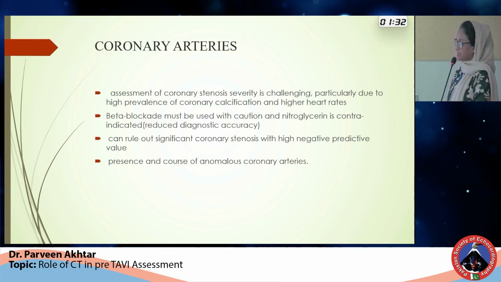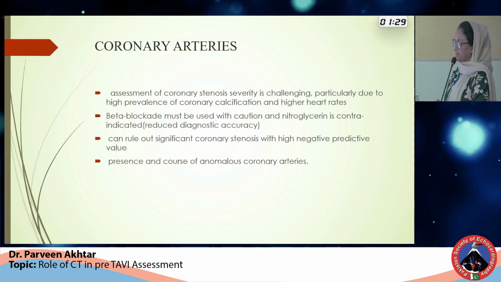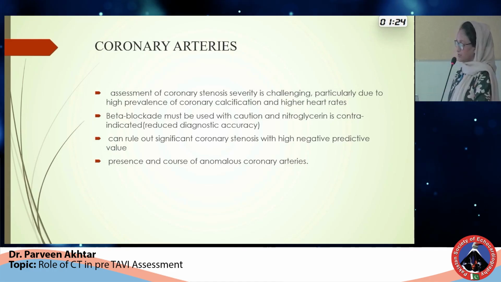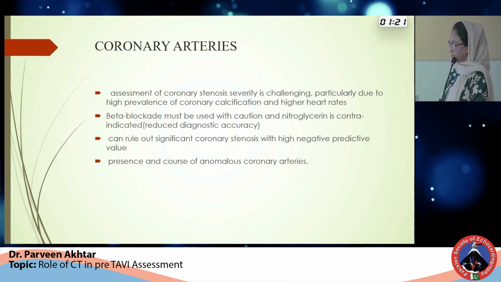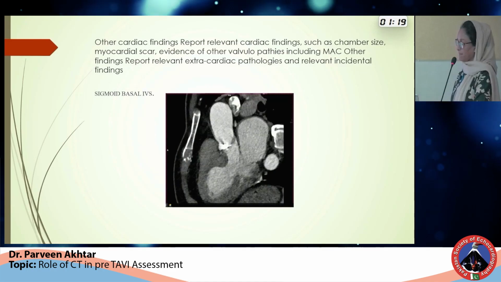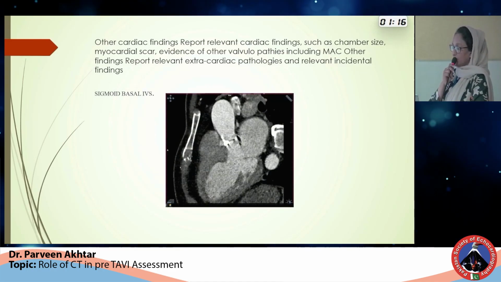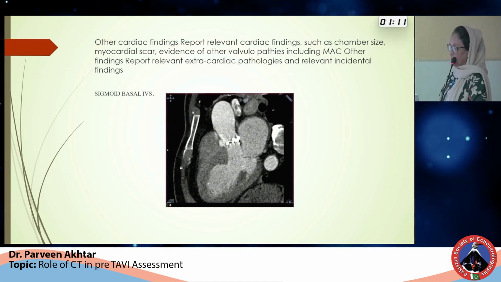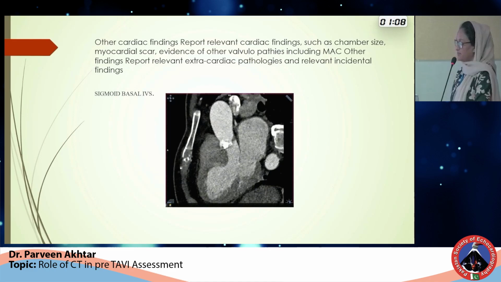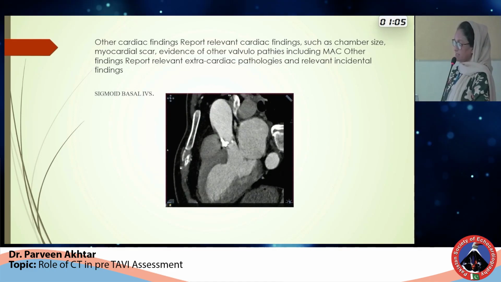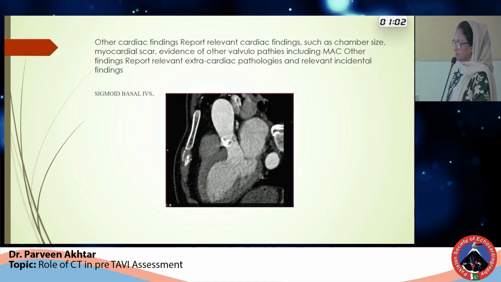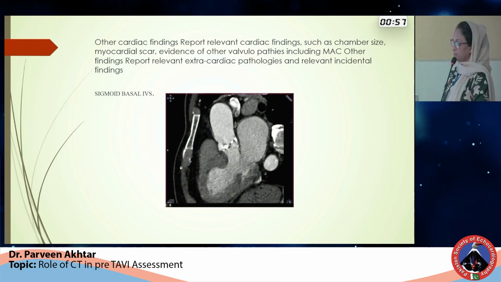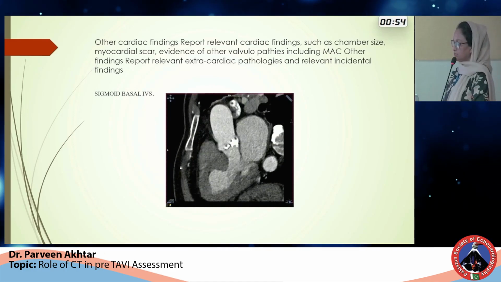So in the case of the coronary arteries, the most important thing is to tell about the origin and the course of the coronary arteries, meaning the anomalies of the coronary arteries. Then you have the cardiac and non-cardiac findings not related to the root. For example, if there is a thrombus in the LV, then it is a contraindication for TAVI. You can comment on the myocardium,